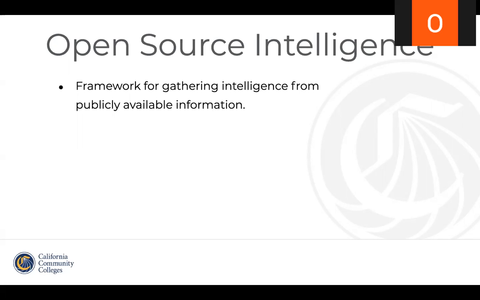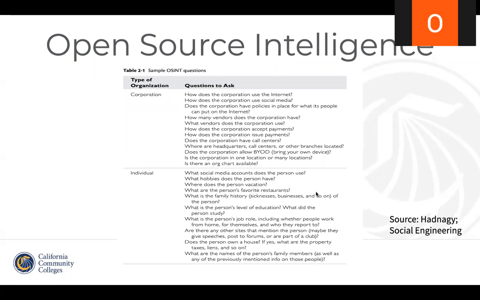You could also find information directly from IT resources such as Linux servers that are open to the internet, Jira pages, GitHub pages that contain source code for an application, log files, and a lot more. In terms of social engineering, these are some questions that someone conducting OSINT can ask. There are a lot of questions to go through, but you should just note that a social engineer can craft the questions or research based on the type of target, whether it's an organization or a corporation that they want to obtain information from.